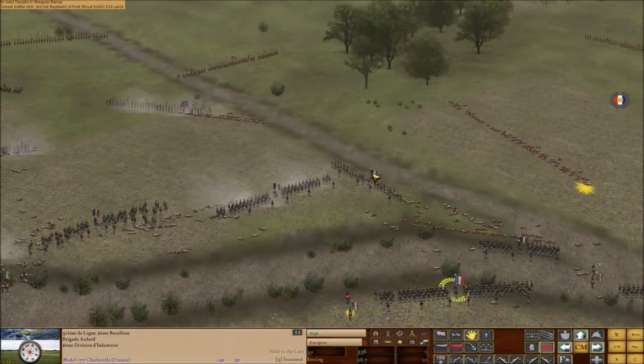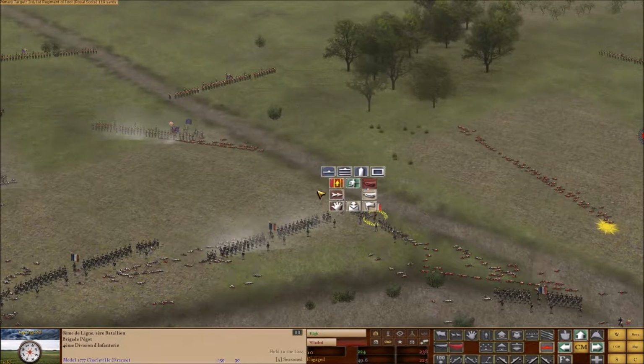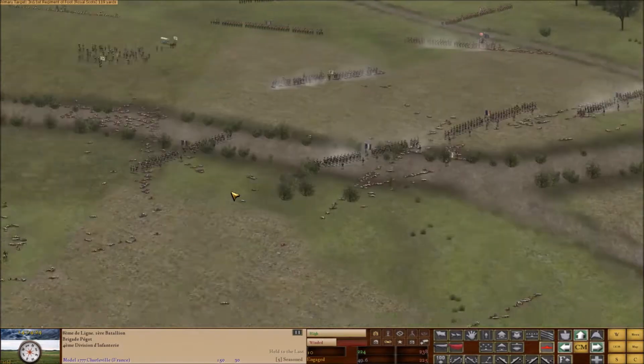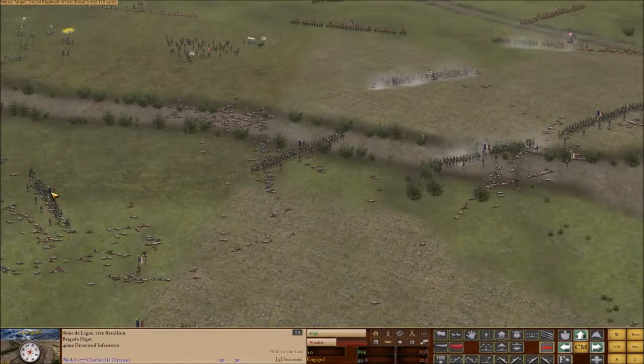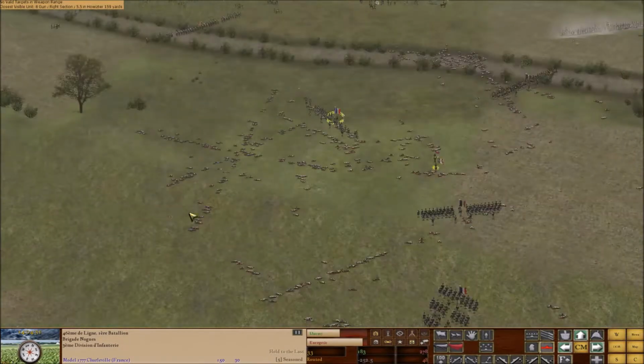This being particularly easy now, as the last Hanoverian battalions have been pushed back far away from the victory point. At the same time, we moved the 8th Regiment of the Line to attack the flank of the Royal Scots. Returning to the firefight with Bylandt's brigade, I noticed that the Dutch National Militia had finally been